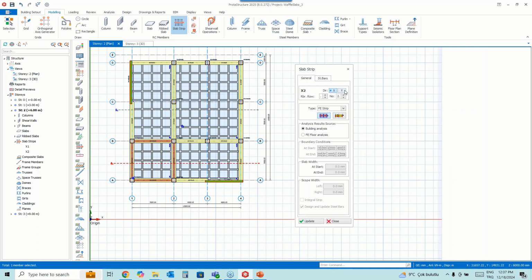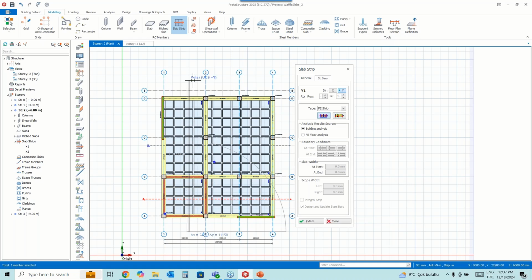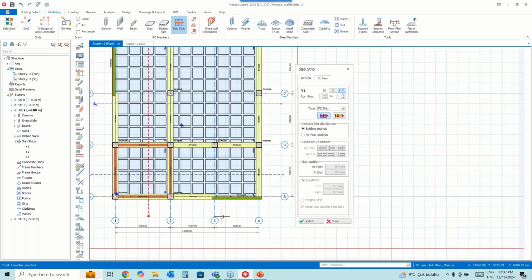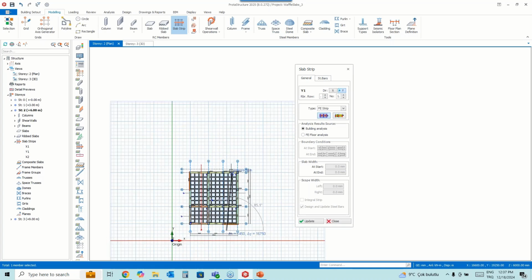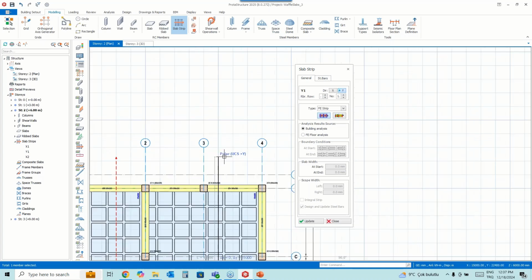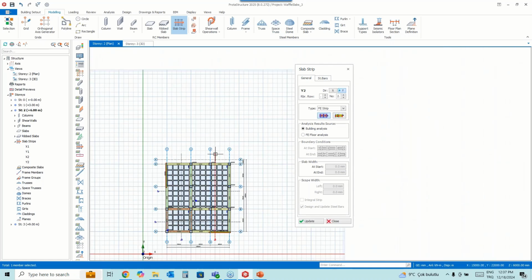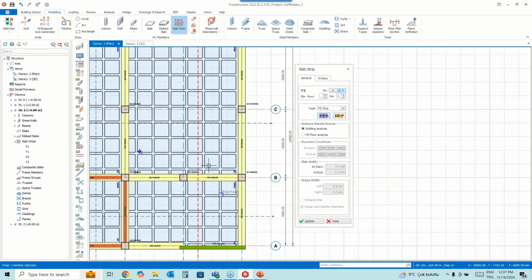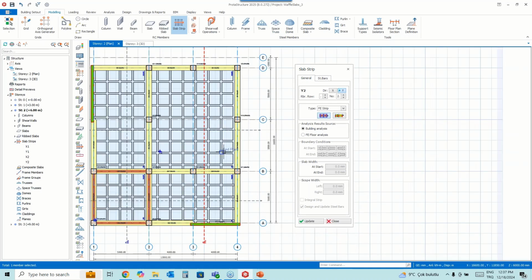And also on the Y direction. So these slab strips are at some point giving an advantage to me, because I can place them anywhere that I want in the plan view.